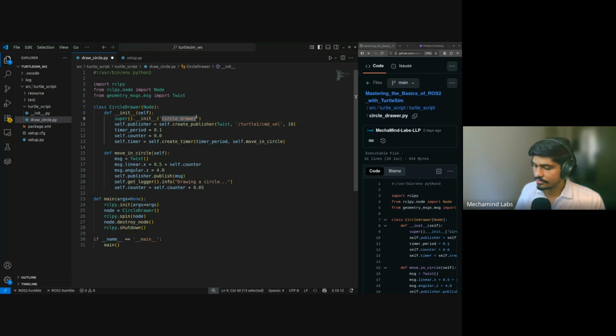It can be anything. You can even give it your name. Then what we are doing is creating a publisher object. So how do you create a publisher object? To create the publisher object, you use this command,